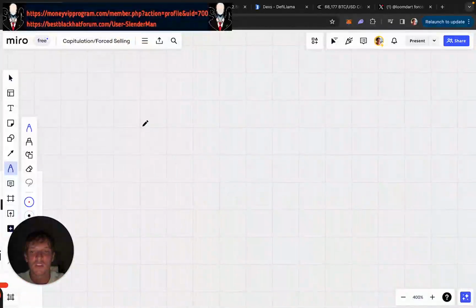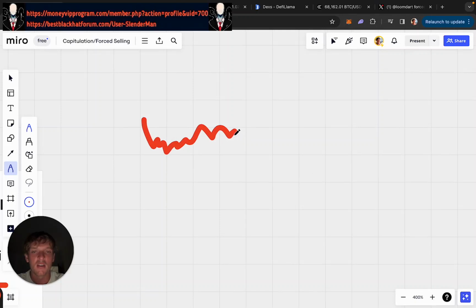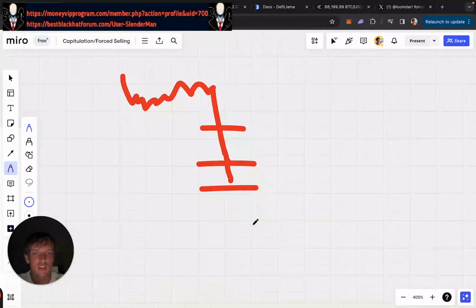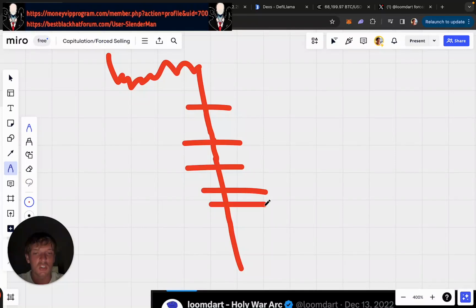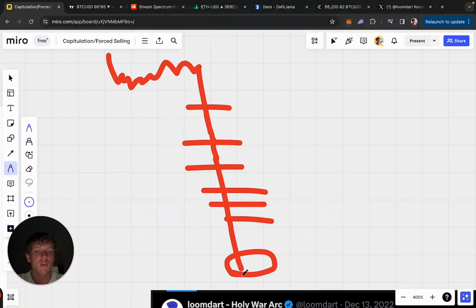So let's draw this up. You've got price, it's chilling, people are buying here, crash, right? Let's say they set their stop loss here. Or let's say they get liquidated here. They have to sell, so the price goes lower. More people had their liquidation levels here, so then they sell. More people had their liquidation levels here, and you can see it's just this continual downward movement of liquidation, liquidation, liquidation, until eventually buyers come in and create a bottom.